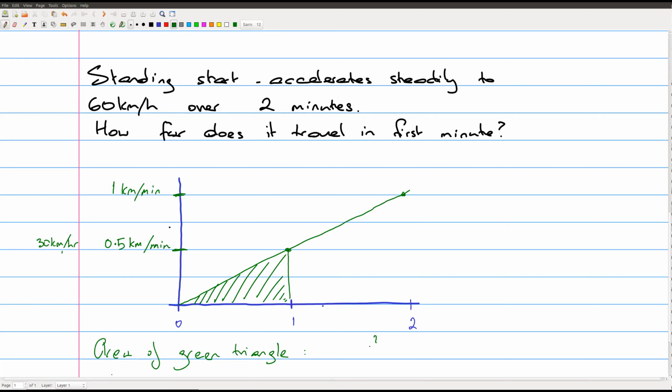So the area should be 1/2 times the length of the base, which is 1 minute, times its height, which is half a kilometer per minute. So in fact, it should be 1/4 of a kilometer, or 250 meters,